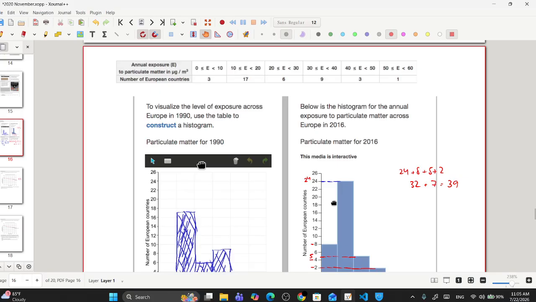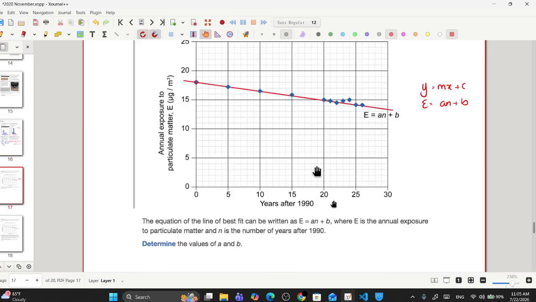So first things first, let me find the gradient of this line. How to find the gradient? The gradient can be found by the formula y2 minus y1 over x2 minus x1. You have studied this in class, right? In physics, in maths, whatever, right? Okay, so let's take this coordinate